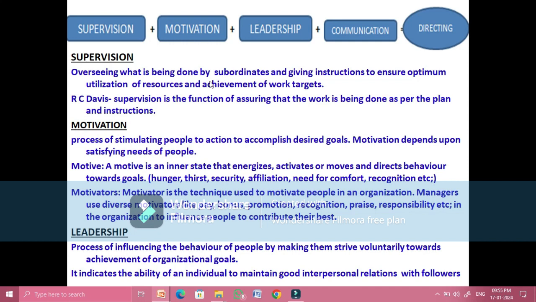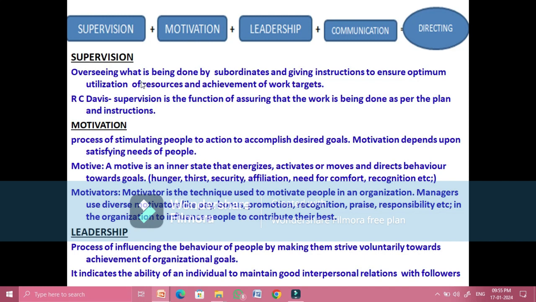Not only that, under supervision the supervisor acts as an influencer, a leader, a communicator. He will increase the morale of the employees also. He brings coordination between the management and the workers, because by conveying the proper message, effective communication to the workers regarding the policies and plans of the top level management, there will not be any conflicts between the top management and the workers. Likewise, the supervisor plays different functions in management.